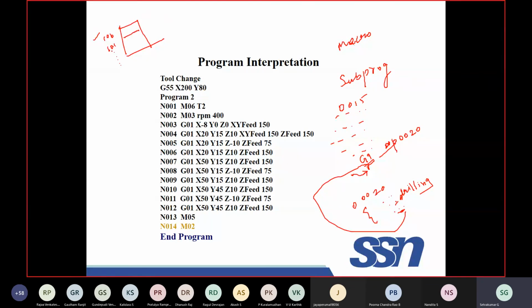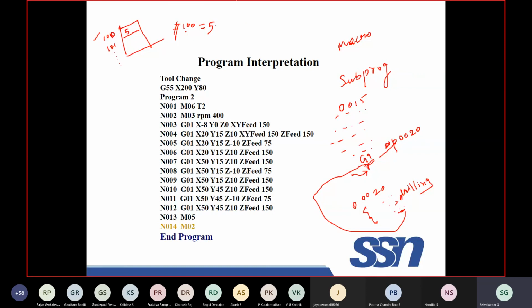Here you can store a number. Suppose hash 100 is equal to 5, it means in memory location 100, the value 5 is stored.